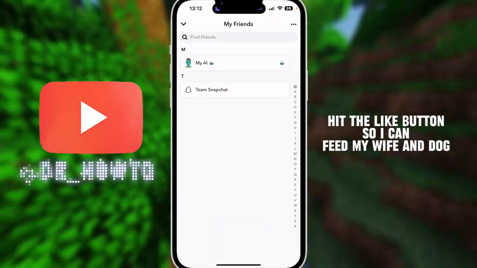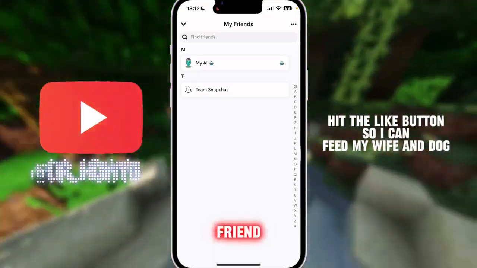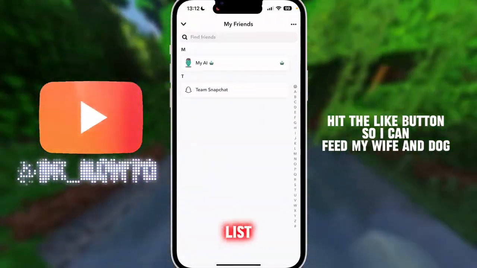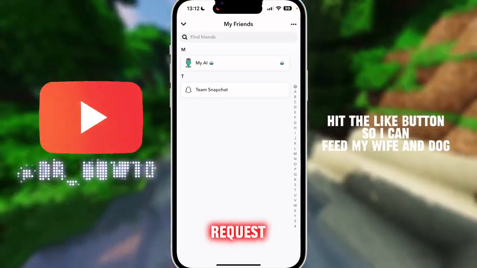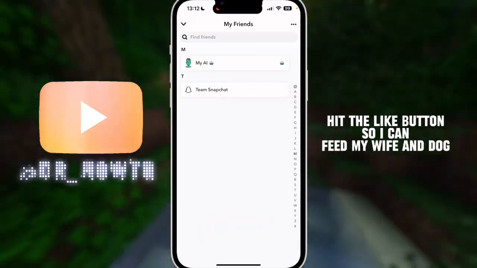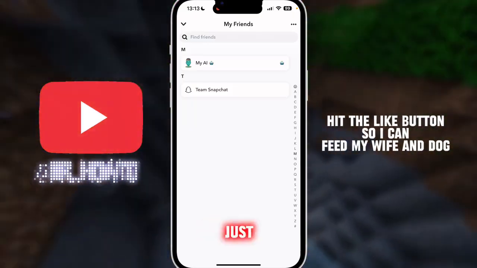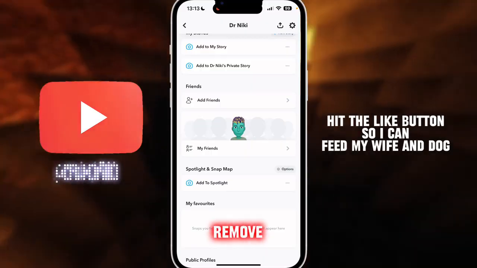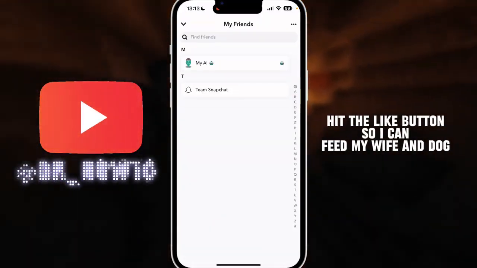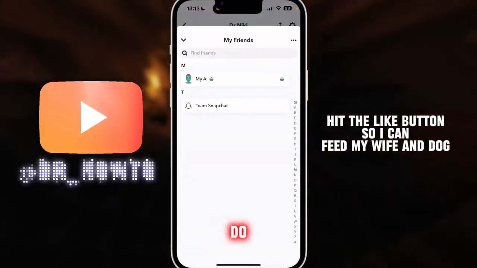So first of all, when you add someone, when you send him a friend request, he normally appears in your friend list right here, right? So if he has accepted the request, you see him here, but pretty much everyone on Instagram just has an account where you could just add them. So if you want to remove someone, right, you've sent him a request, but you do not see him here